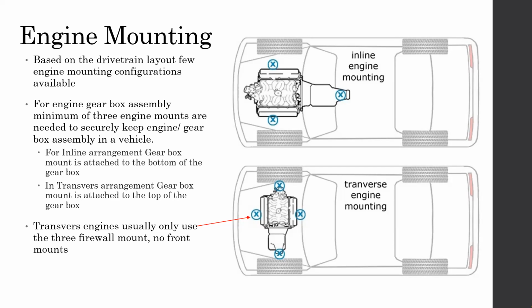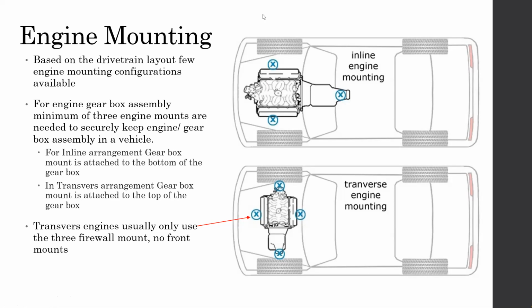So in addition to that, there could be additional 3 mounts, right? Additional 3 mounts could be there. Those 3 mounts could be from both sides of the engine and front of the engine as shown here. So front of the engine means, I think you can remember this, front is always, we start from the,